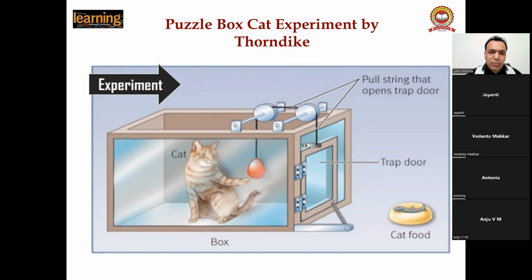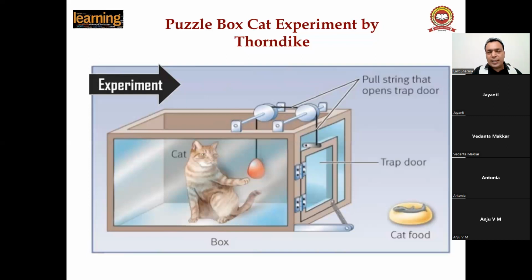So when the smell of the fish started reaching the cat, the cat started trying to come out of the box. Actually, Thorndike narrated each and every action of the cat. When he placed a fish near the puzzle box, the cat started scratching the puzzle box and hitting her head into the bar of the puzzle box. She did everything to come out of the cage and get the fish because she was hungry for up to 24 hours, right?